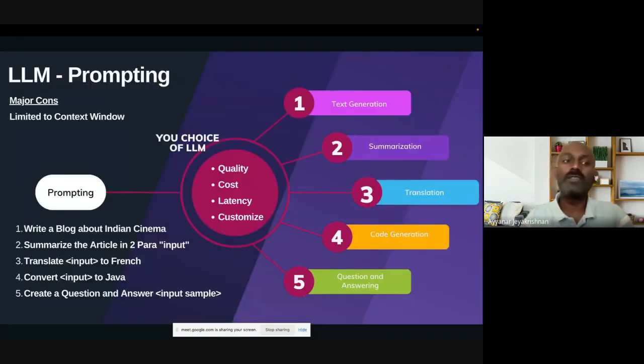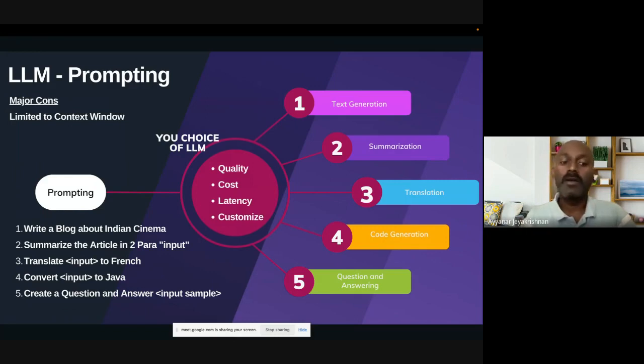I'm touching upon what prompting is. Since everybody would have touched upon ChatGPT, you would know what prompting is. You can choose the LLM. ChatGPT is powered by the GPT model, but you can use anything from Hugging Face or the AWS foundation models, like Jurassic, a model provided by AI21 Labs, or Stability.ai, where you can give text as an input, English text for now, but a lot of other models are coming up for other languages.